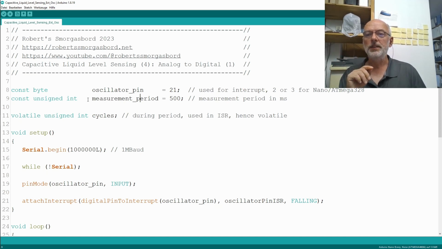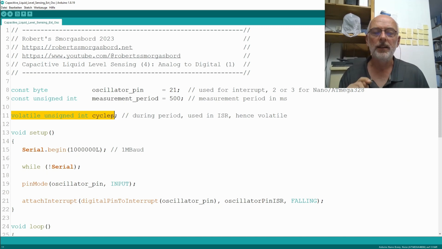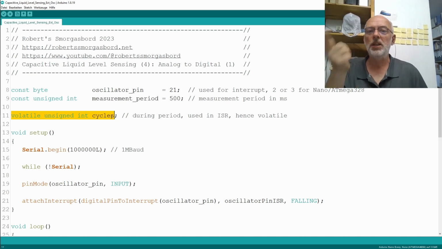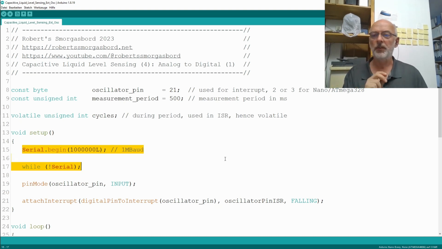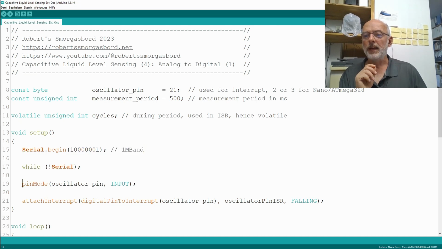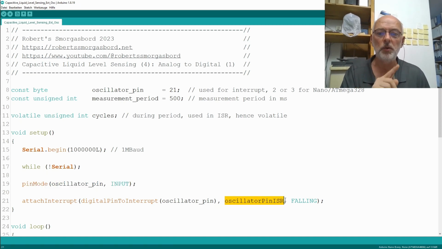I have here a constant unsigned int, that is my measurement period, 500 milliseconds. And I have here a volatile unsigned int, cycles, that's the number of cycles we will count inside the interrupt service routine, so it must be a volatile global variable. And then in the setup, I initialize my serial interface. I want to see something on the serial monitor. I define that my oscillator pin is an input, and then I attach my oscillator pin interrupt service routine on